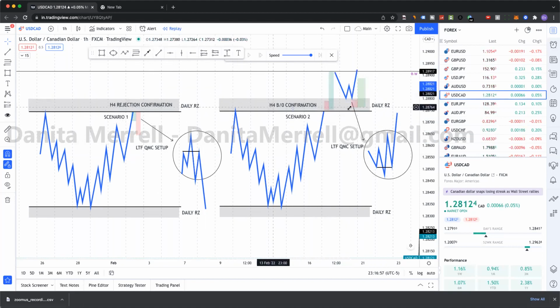But this is how you can anticipate if this high is going to get taken or not. We're going to wait for confirmation. If it wants to take that high, engulf the structure and then pull back, give us another confirmation. Then we look for the lower time frame setup at this point. So this is phase 2 of the phase 1. Just keep that in mind. And then on the next video, we'll go over setup confirmation.